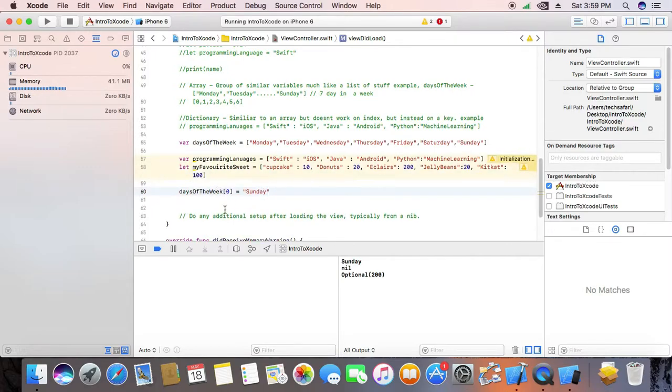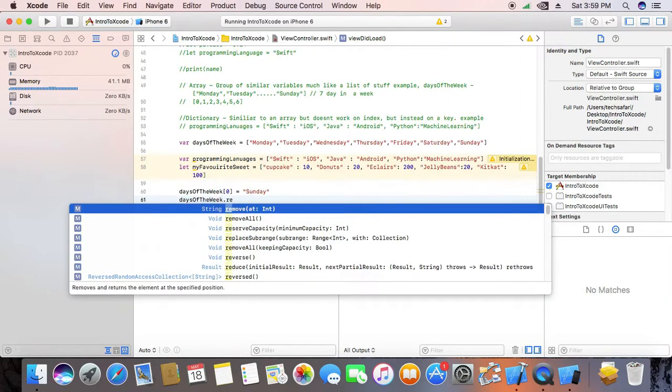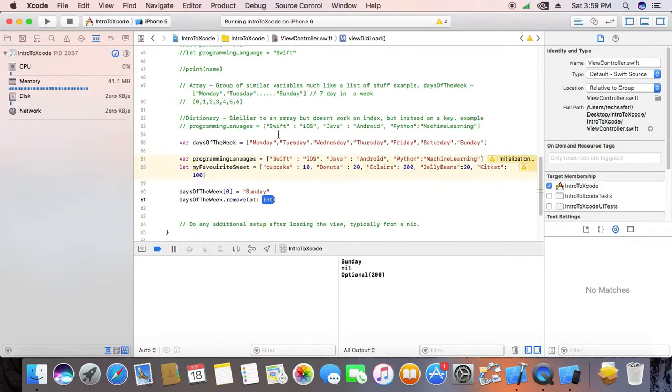And yeah, so that's how we update a value in an array. Say I wanted to remove a particular value in my array, I could just use the dot remove command, and as you can see it takes in a particular value, that is the index number. Say I wanted to remove the first one, or I already have my Sunday, so I'll just remove the last one. That will be 6, I guess. Yeah. Now let's try and run this,